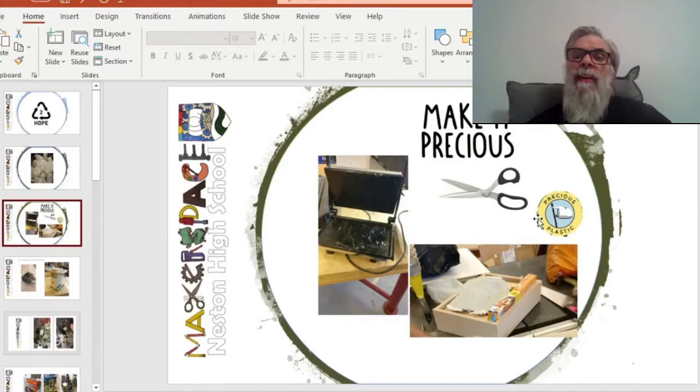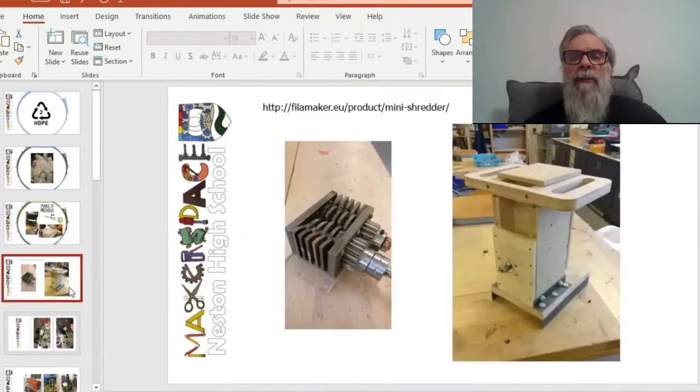And we saw that you can make things with it, and you can make really practical things. You don't need much to start out with, but what you're going to make is going to be quite precious. We just used a panini maker, a pair of scissors, that's how we started, a bit of greaseproof paper, and then pressed things into it and made our parts. After doing some fundraising, and trying to get some money together, unless you've got very deep pockets as a school, we then finally managed to get together